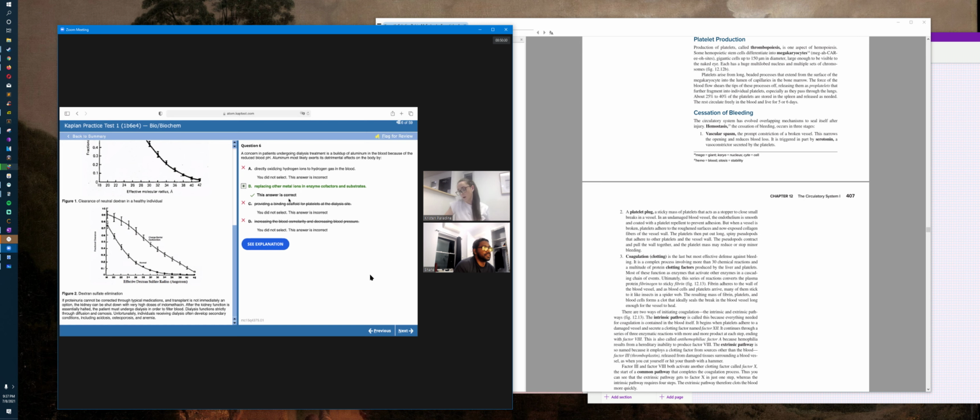Okay. Which is a vasoconstrictor, but yeah. All right, okay, so directly oxidizing hydrogen ions to hydrogen gas in the blood. That's not good. I wouldn't have thought of that at all. Oh wait, well, that would be a detrimental effect. So okay, that part I suppose would, but also,